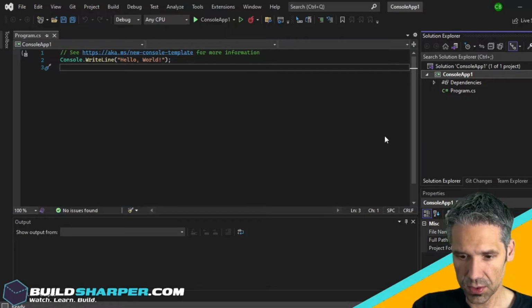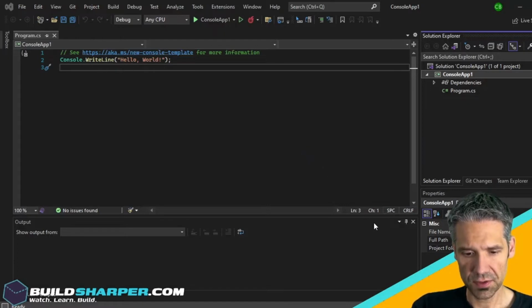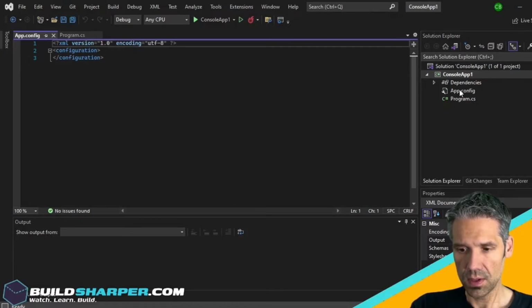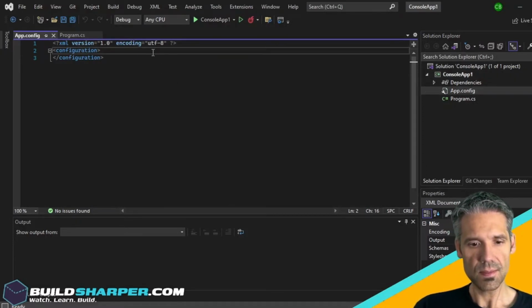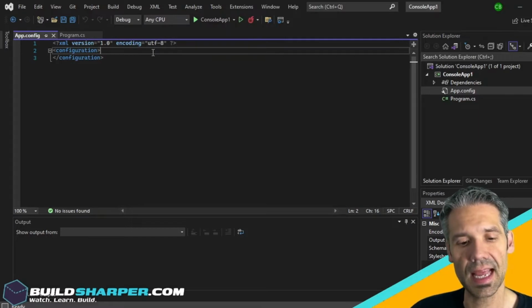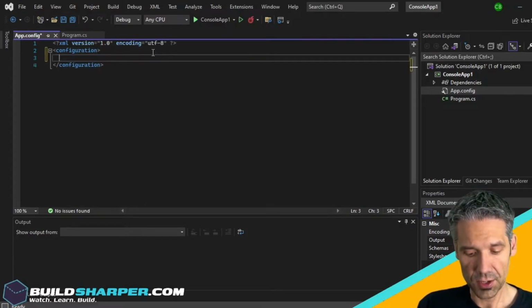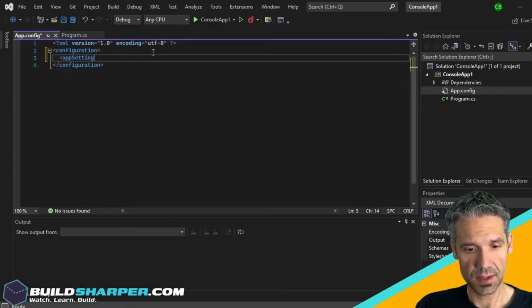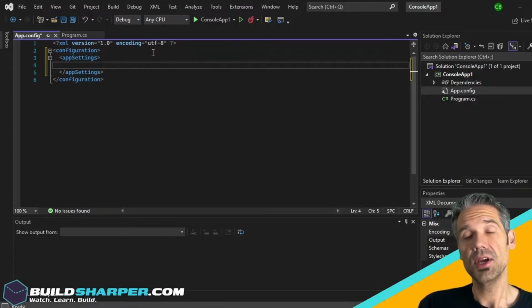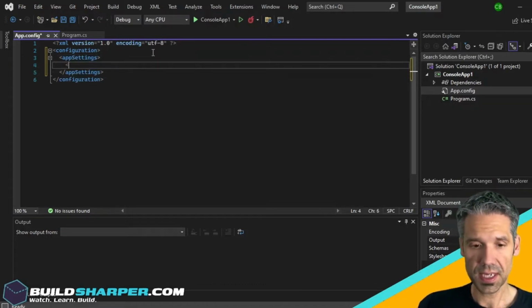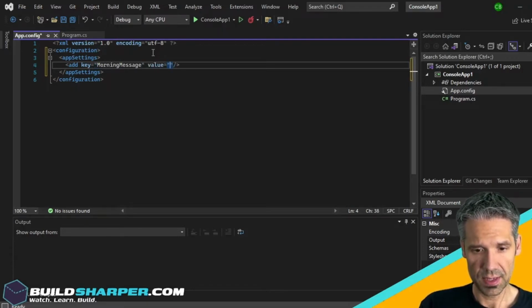First things first, we need to add a configuration file. So I'm going to go to Add, New Item, Application Configuration File, or an app.config. So now we have our app.config. And in our configuration, this is essentially an XML file. And we're going to have a new section called App Settings. And under App Settings, you have to add keys. So the first key, let's say, is going to be a morning message. Okay? And it's going to have a value, and let's say it's going to say